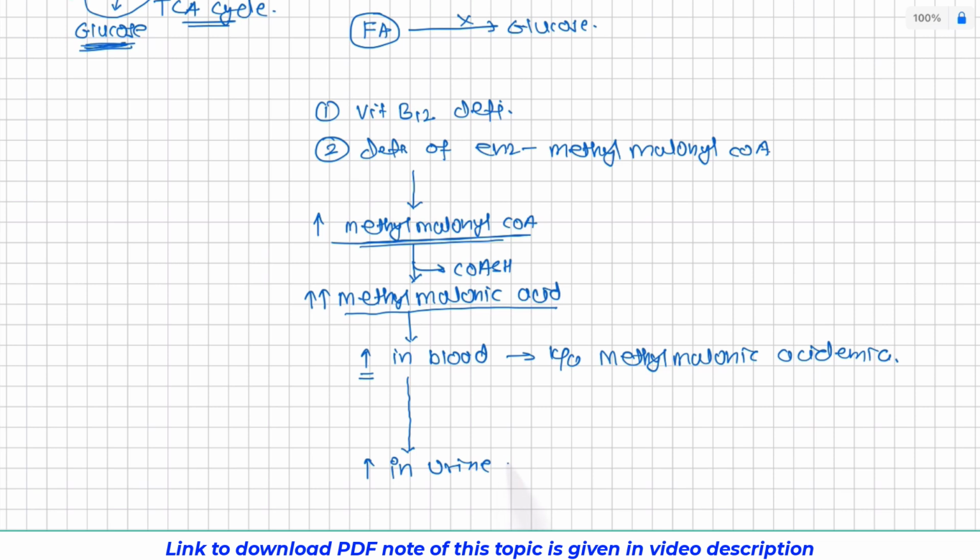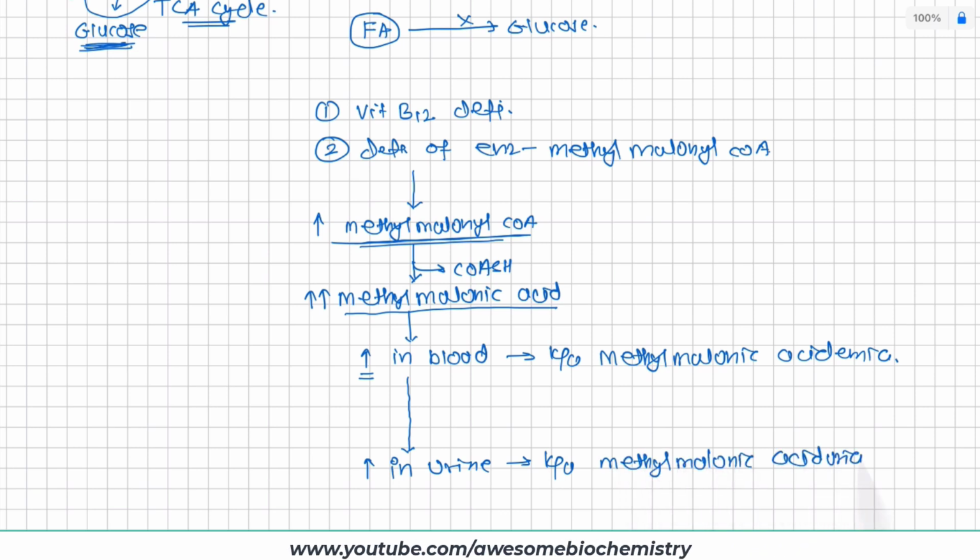And when something increases in urine, we use the suffix -uria. So this condition is known as methylmalonic aciduria. Now see, this is important: in methylmalonic acidemia, methylmalonic acid is acidic, so it leads to a decrease in the blood pH, and this condition is called